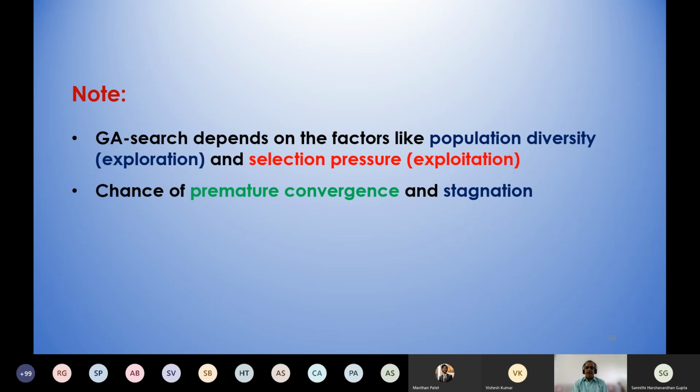Now, the working principle I've already discussed for the roulette wheel selection. Now, my question is, how can you implement it in a computer program? So how to write a computer program related to the roulette wheel selection or the proportionate selection? Now the computer programming can be made in different ways.